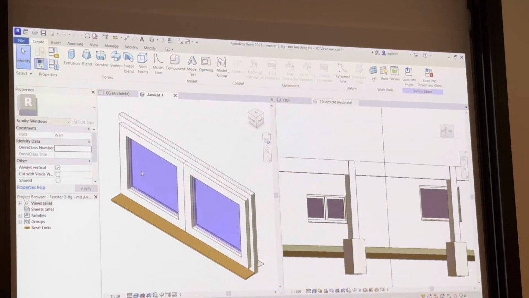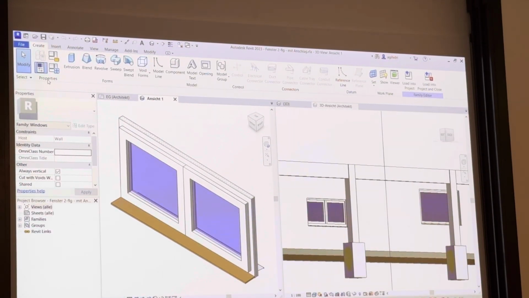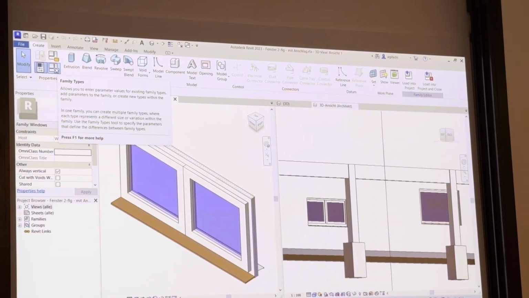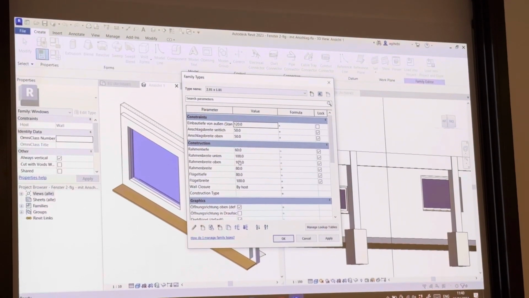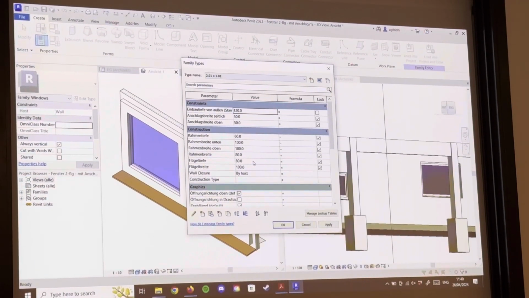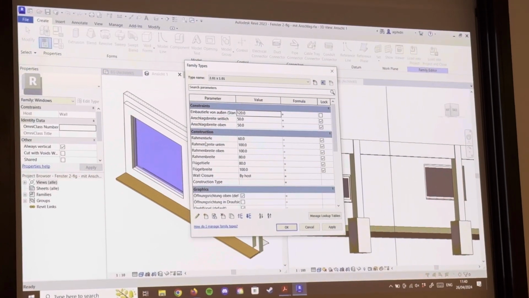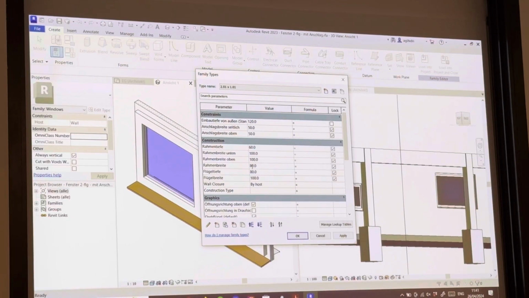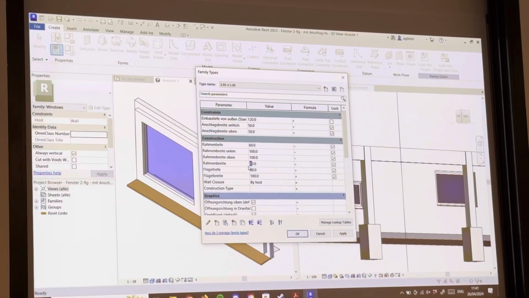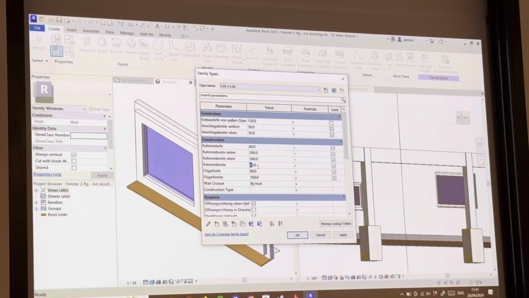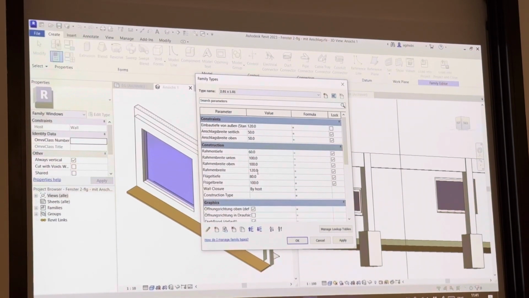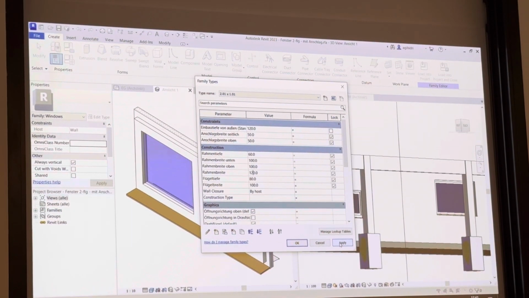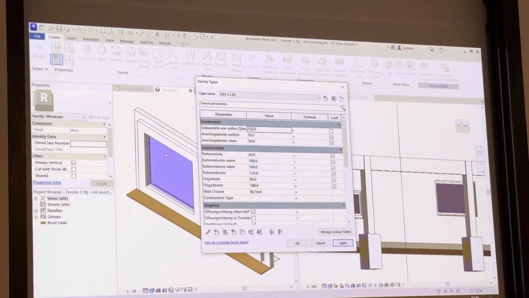Or if I want to just edit the frame, for example, I can go to properties here and click family types. And we see here that we will get a list of all the dimensions. If we go under construction, for example, we can go to this depth of the dimension of the frame, and from 80 I'm going to change it to 120 just to see the change. Then it's important to click apply, and we see that the change